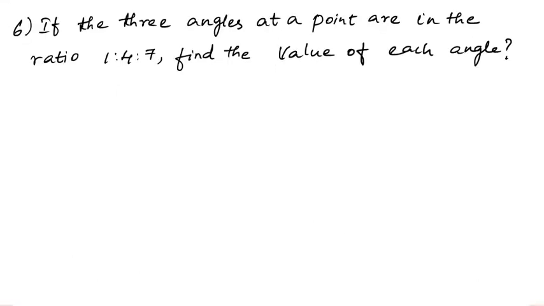Sixth question, if the three angles at a point are in the ratio 1:4:7, find the value of each angle. So we know that the sum of angle at a point is 360 degree. So the three angles are in the ratio 1:4:7. So we'll assume that to be 1x degree, 4x degree plus 7x degree, and we'll equate it to 360 degree, and from there we'll get x degree value, and then substitute back to 1x, 4x and 7x, so that we'll get the three angles. So first write